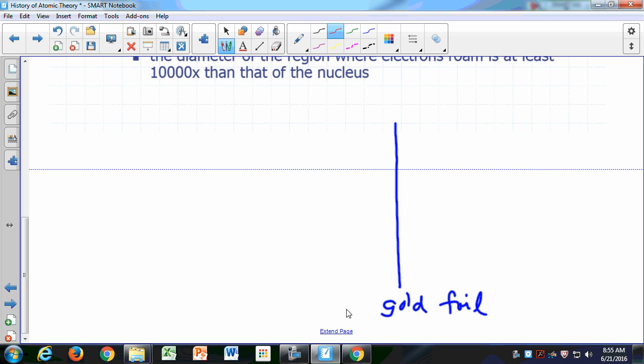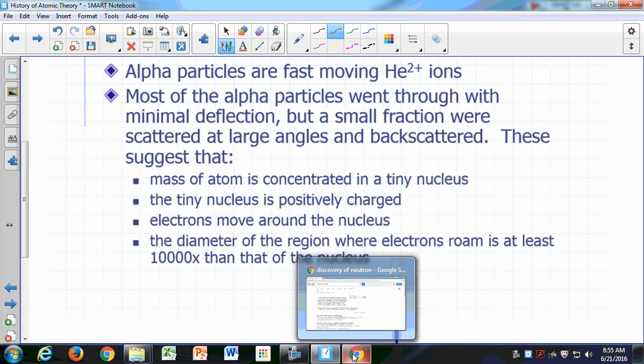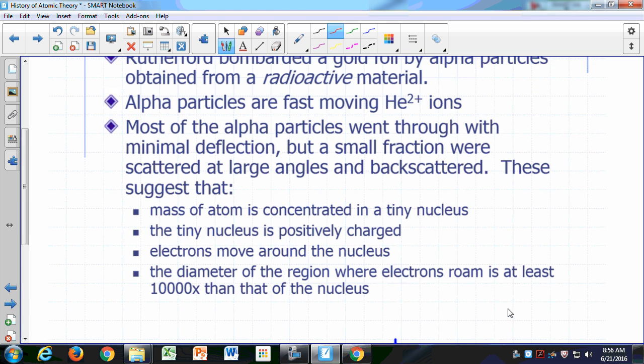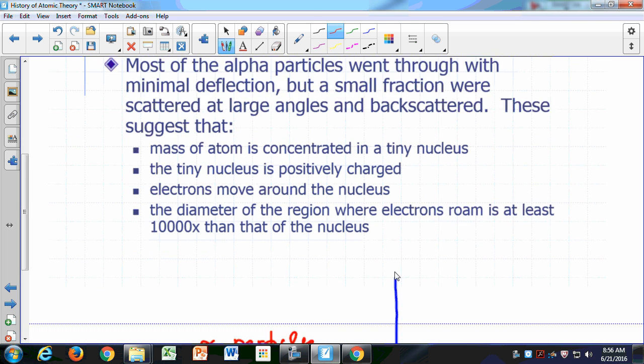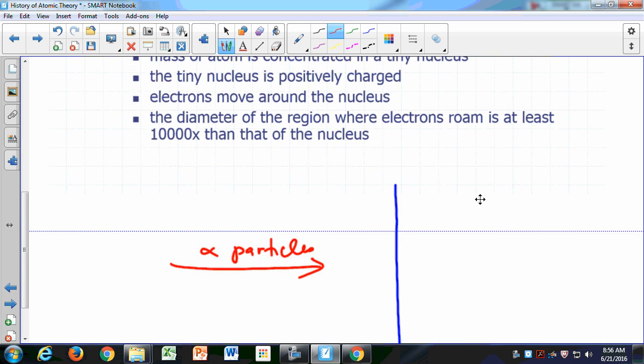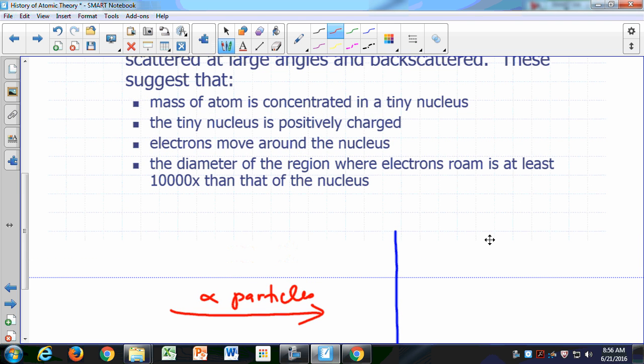What he did was he fired alpha particles at that piece of metal. What's an alpha particle? It's something that comes from a radioactive material. So if you have a radioactive material here, radiation comes out of it, right? So everywhere. Take a little bit of that radiation,